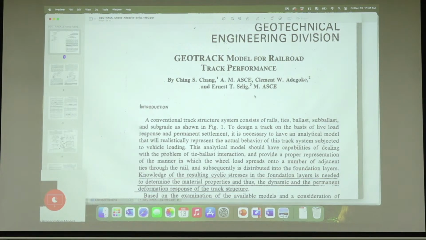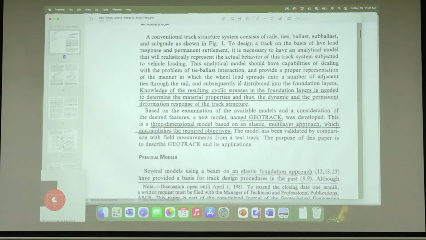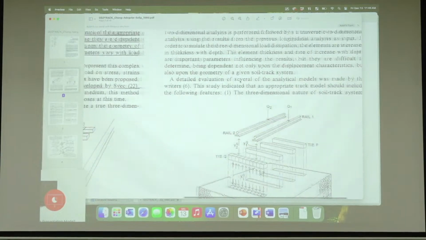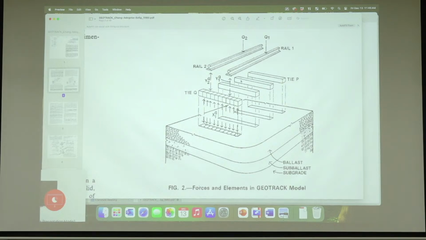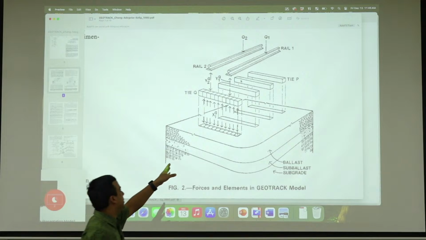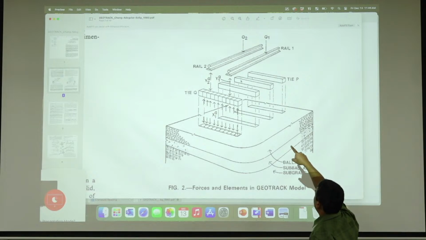So this is the original paper for GeoTrack. I will share it with you all. It's again a layered elastic program. It was developed by Professor Ernie Seelig, who is no more, but he was a professor at University of Massachusetts, and the whole idea of GeoTrack is that it is a beam that is discretely supported by the ties basically, and it's a BOEF, beam on elastic foundation model basically,